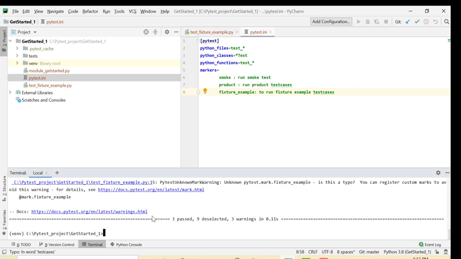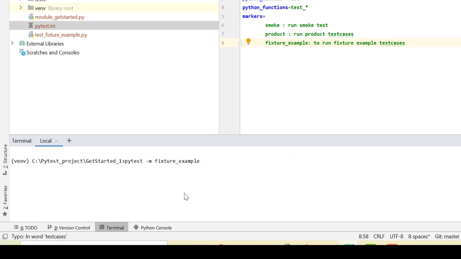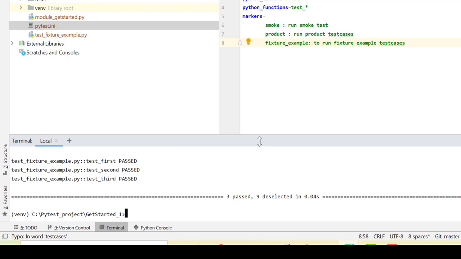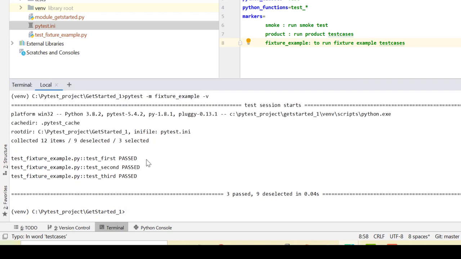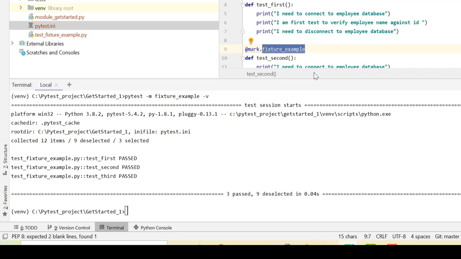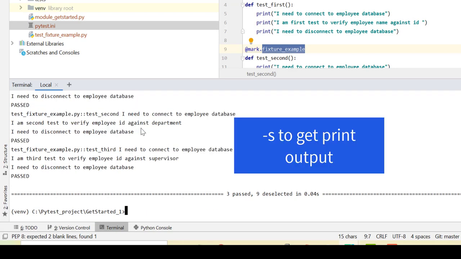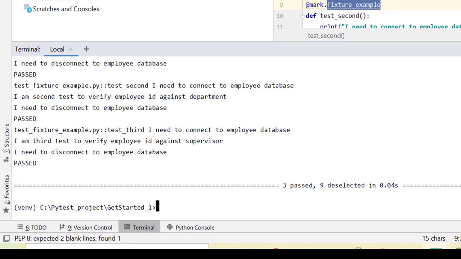Now let's run these test cases again. I'll run it in verbose mode. It says these three test cases are run and they passed, obviously. But one thing I have not mentioned in my earlier lectures: why are we not able to see the print values over here? We have to use one more parameter to see print values. Now when we use the -s parameter, we get our print statement output over here. So the print statement output is redirected to the standard console.